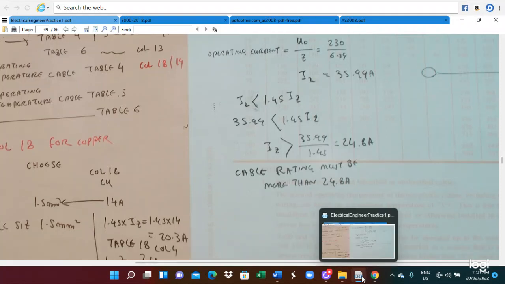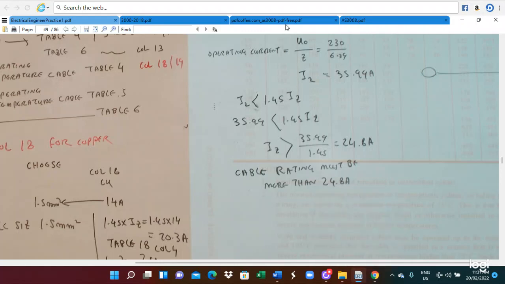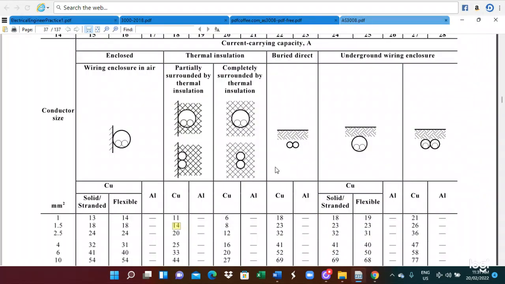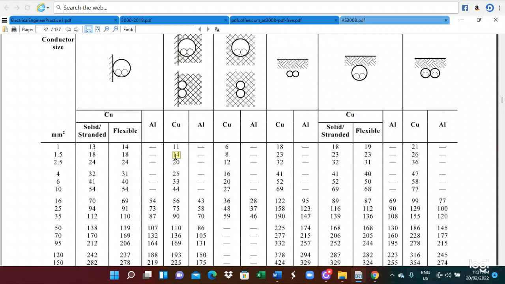Here is AS3008. You look at here. If you select only the 1.5 millimeter square, the cable rating is only 14 ampere. If you select the 2.5, 20 ampere. If you select the 4 millimeter square, 25 ampere. This is why we select the 4 millimeter square, because we have to satisfy the two conditions. One condition is